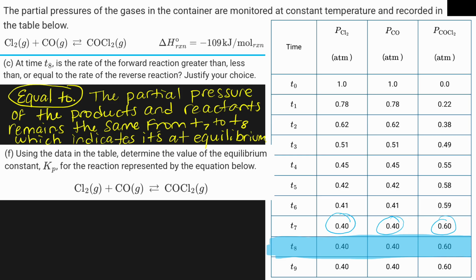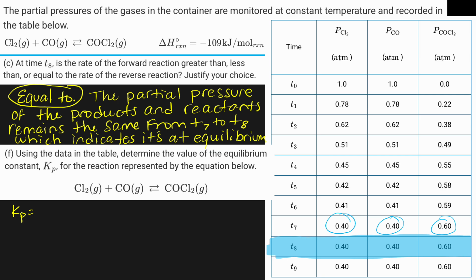And then part F says, using the data in the table, determine the value of the equilibrium constant Kp for the reaction represented by the equation below. So for our expression, I know it doesn't ask for the expression, but I always suggest writing the expression just to make sure that you are plugging in values correctly with the correct exponents. Now in this one, the exponents are all 1, so that doesn't really help, but in the future,